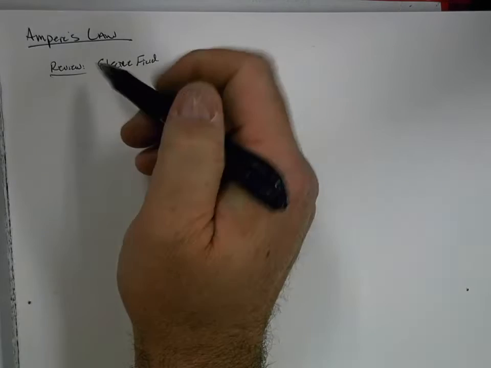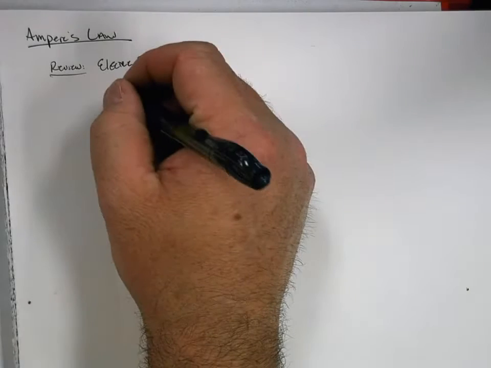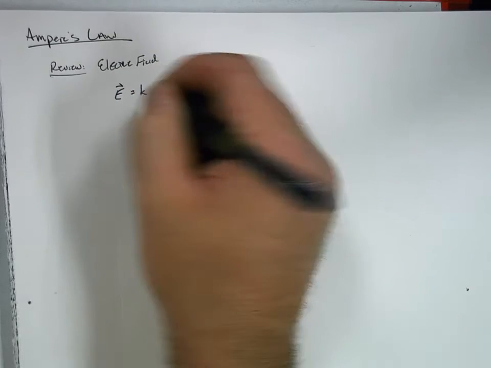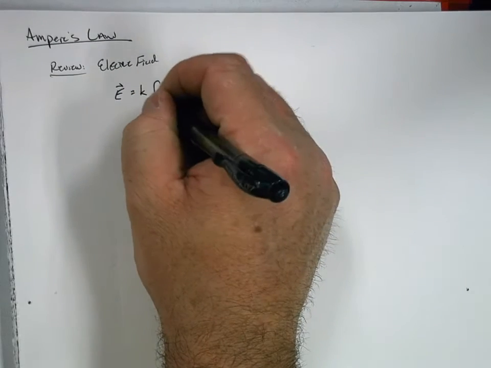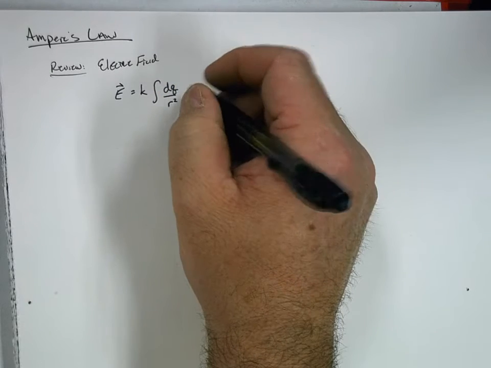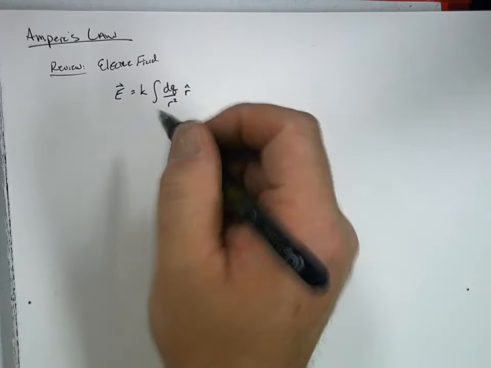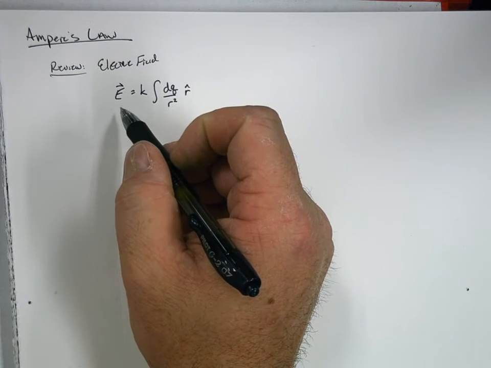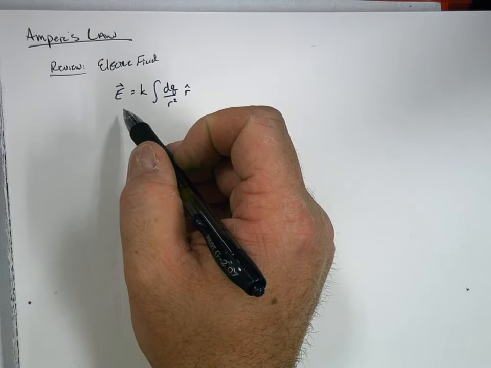All right, we're going to talk about Ampere's law today. But before we do that, we have to do a little bit of review for an electric field. Our first definition for electric field was K dq over r squared, r hat,